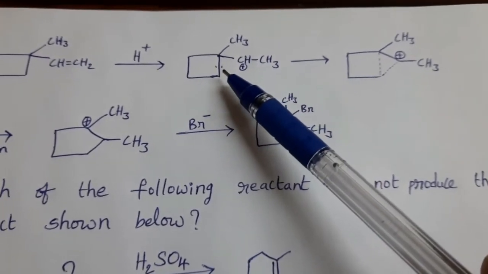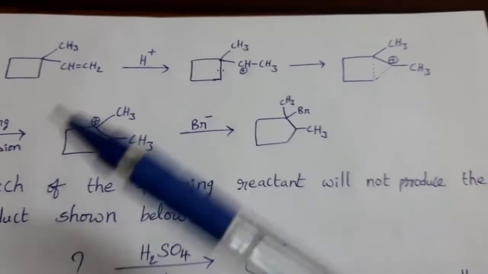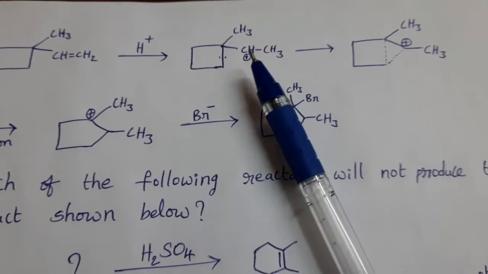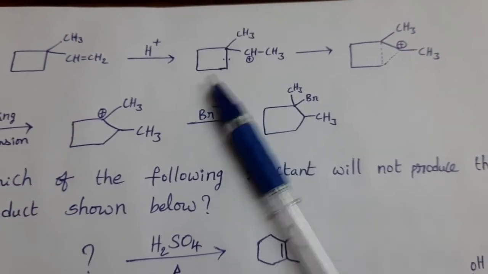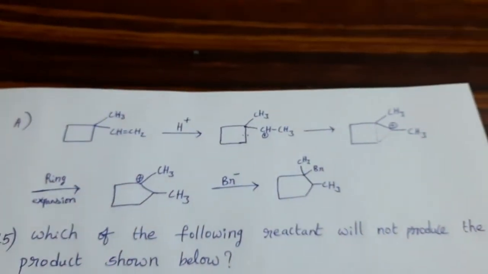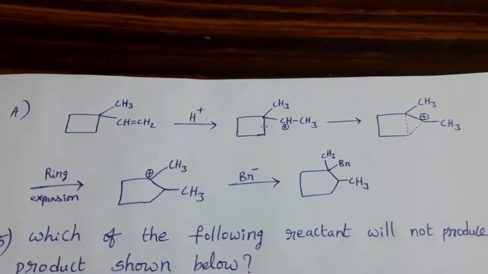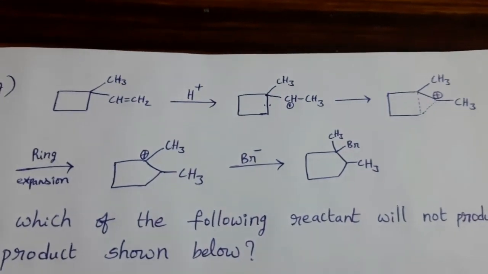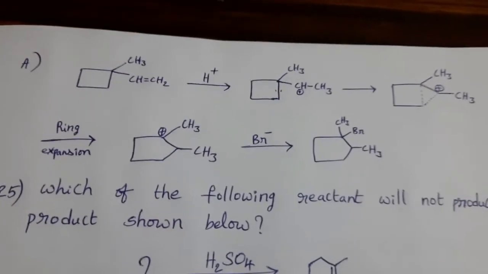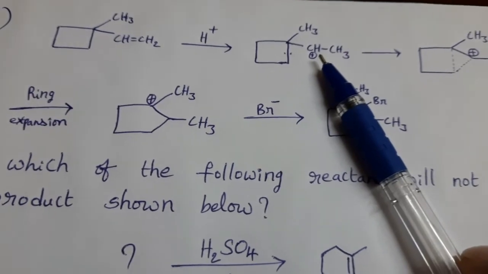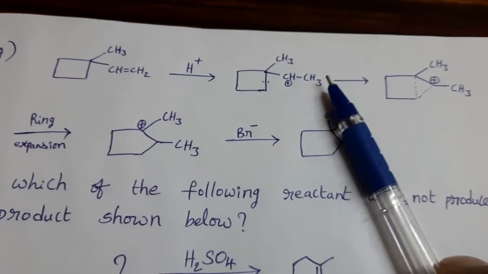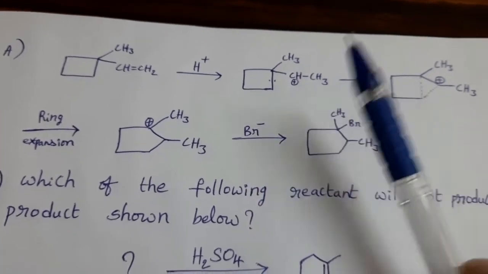So be careful. Now ring expansion takes place because carbocation is present, positively charged carbon is present outside of the cyclic ring. So in this case ring expansion takes place. You may get a doubt, in which case ring expansion takes place, in which type of reaction ring contraction takes place. A simple technique: positively charged carbon is present outside of the cyclic structure, ring expansion takes place. 4-membered ring converted to 5-membered ring. 5-membered ring converted to 6-membered ring.